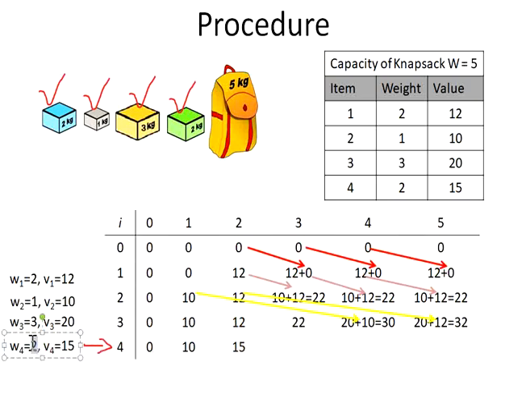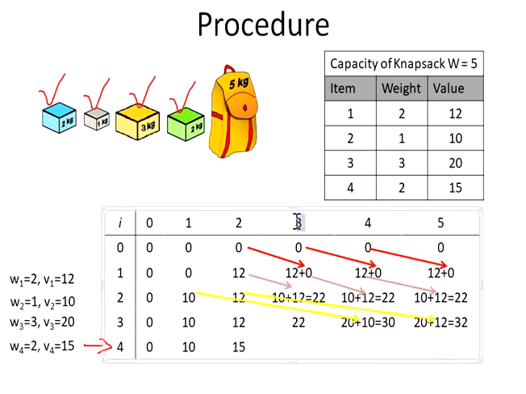So next, weight of 2 in a bag of 3. Yes, I can insert 15, plus 1 kg is remaining. What is the value of 1 kg in the previous row? It is 10, so I add 10 to this, so this becomes 25. So 25 is inserted.